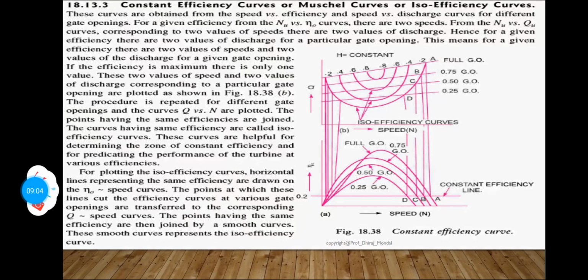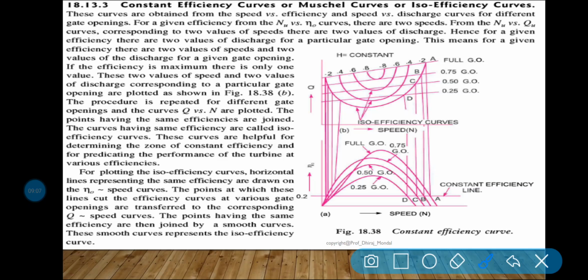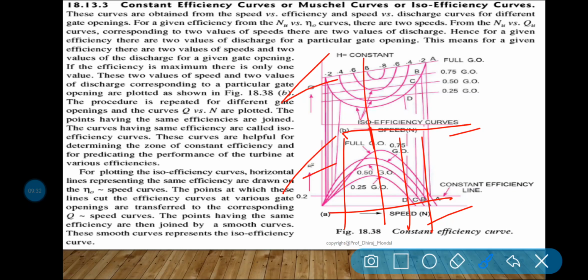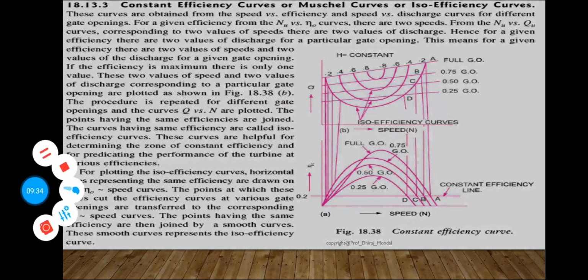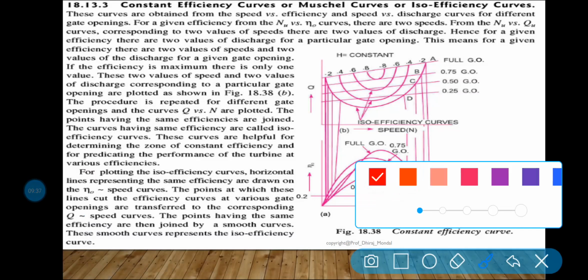Now if I am talking about the last part, that is your constant efficiency curve. So constant efficiency curve or iso efficiency or Muschel curve, okay, it is basically what? Taking your efficiency as constant. Now you can see here in this diagram discharge versus speed and also overall efficiency versus speed. So this is your speed column and this is your discharge and overall efficiency. So as a whole, what we are doing here, you can see